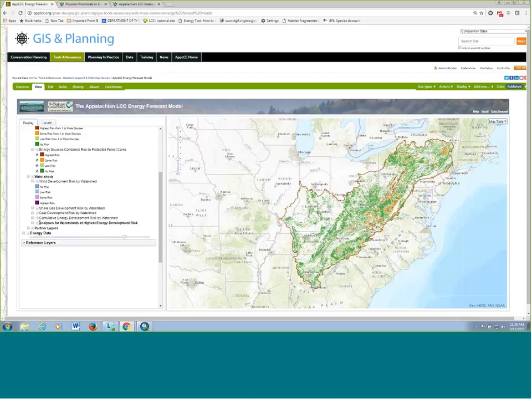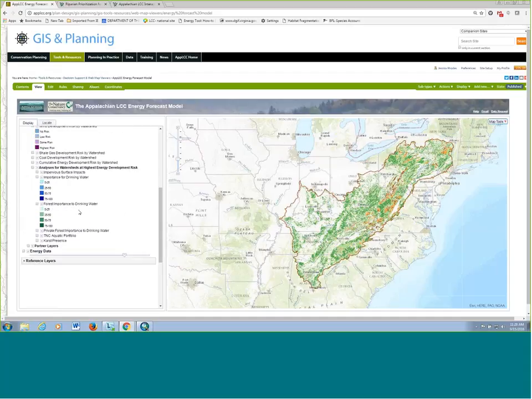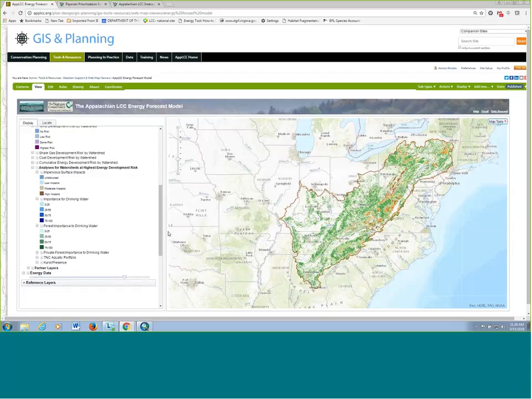Another thing, I'm trying to show you some of this stuff quickly, is that there's some analysis that they did relating to surface impacts and importance to drinking water. It shows you the risk of these areas and these important areas. So that would be if an area is at high risk for energy development and is important to drinking water, it would be